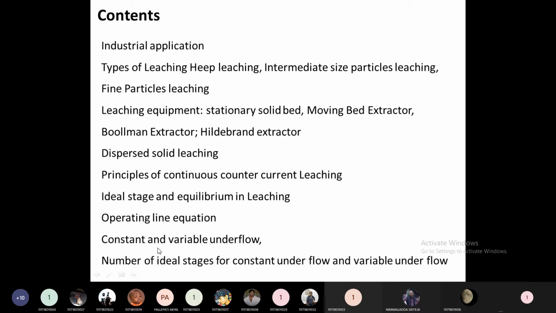Then the number of ideal stages for constant and variable underflow. First we will see the definitions of constant and variable underflow. Then we will use those definitions to calculate the number of stages using the graphical procedure. So these were the topics, the contents of your unit 4.